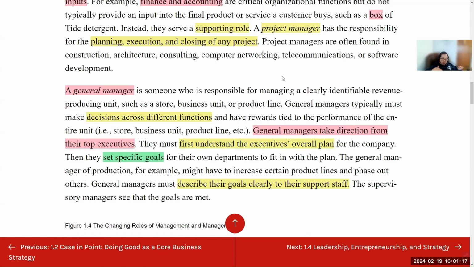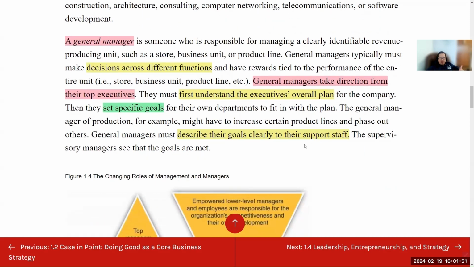The general manager's role is to make sure the different goals and functions come in, and they set specific goals to make sure those seven functions or seven teams do their work, which visualizes the vision, strategy or mission of the top manager. So that's why the general manager is not a top manager. The top manager will not set specific goals for each department and doesn't really work directly with the staff like the other middle managers or first line managers.